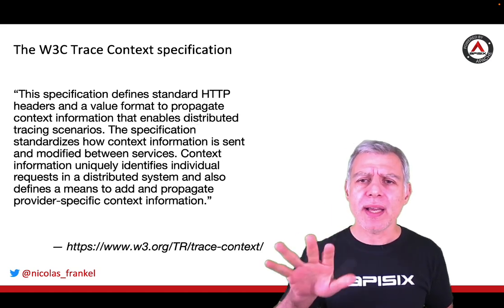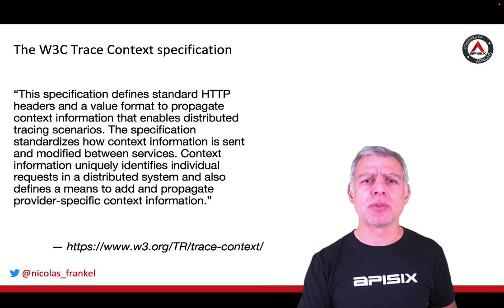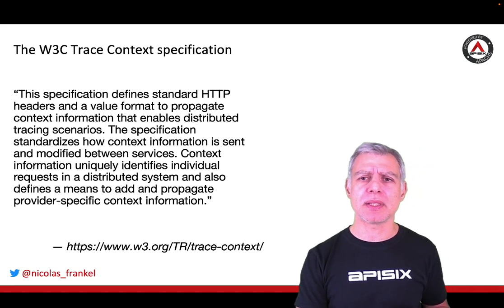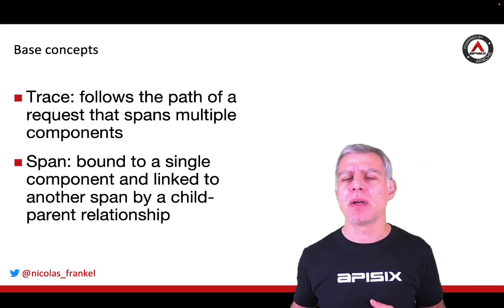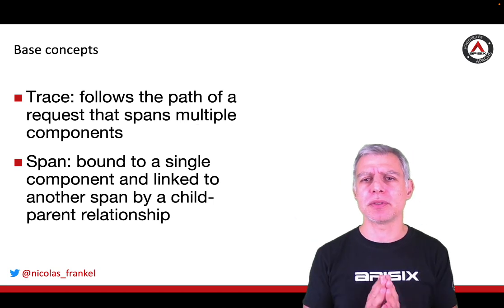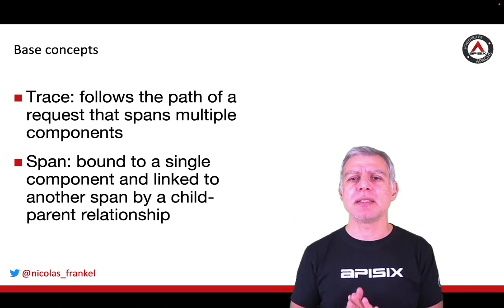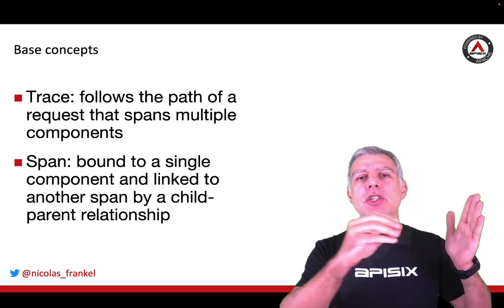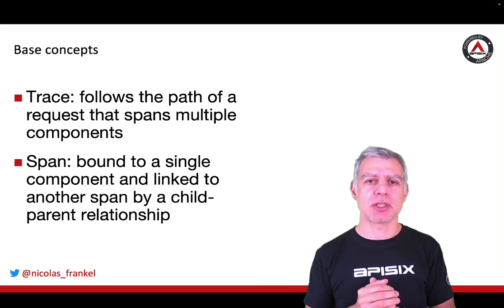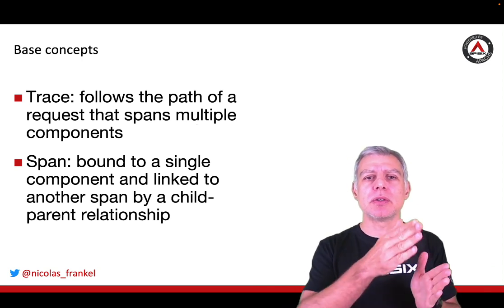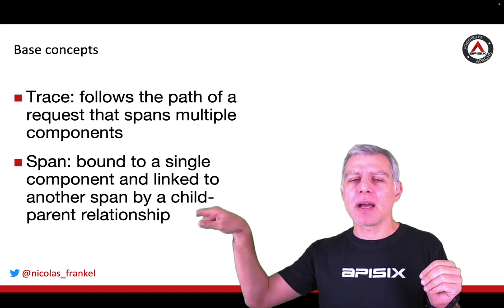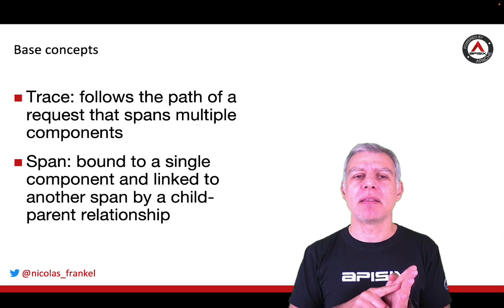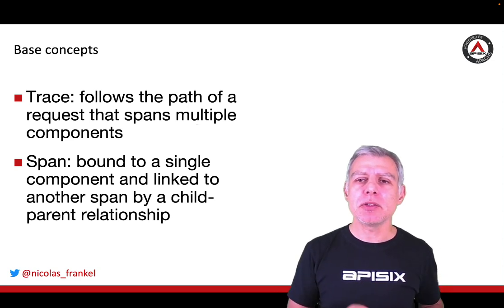It's quite easy to read, so you can already do that at home. And basically, if you don't have time, let me refresh it for you. Basically, you've got two important concepts. The first concept is the idea of a trace. And a trace is actually the abstraction of the business transaction. So the trace will go from the entry point to the utmost deeply nested component and back again. That's the trace. And then you've got a span.